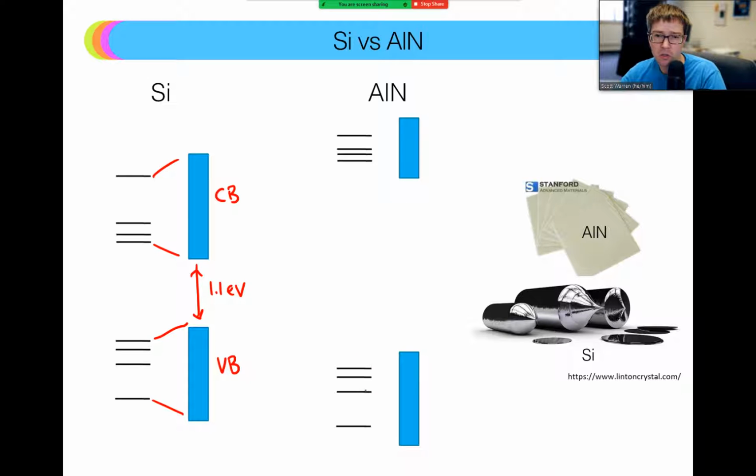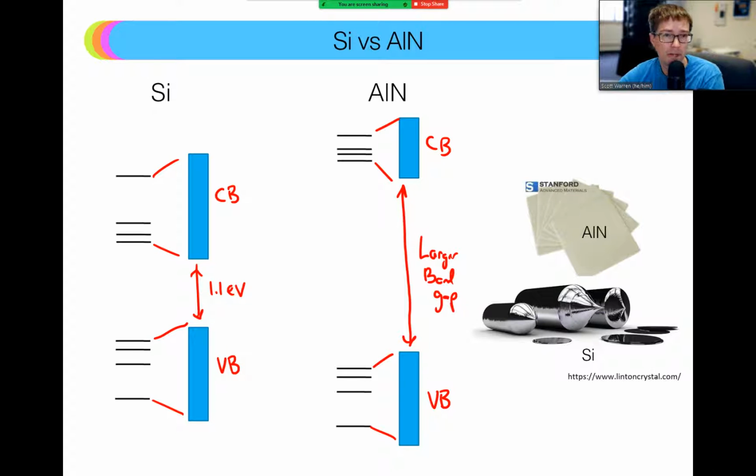When we do the same process in aluminum nitride, here is our filled valence band, and here is our empty conduction band. And because that aluminum was higher in energy and nitrogen was lower in energy, our resulting valence band is also lower in energy, and our conduction band is higher in energy. And the consequence is that we have a larger band gap